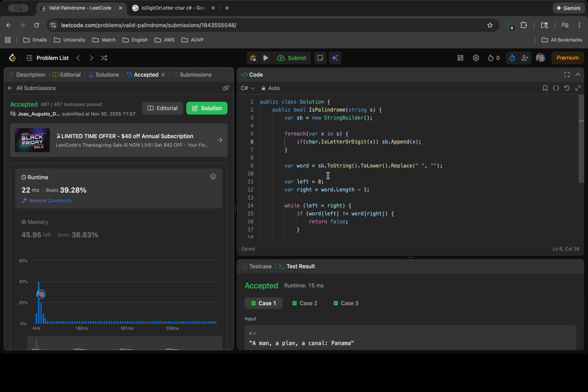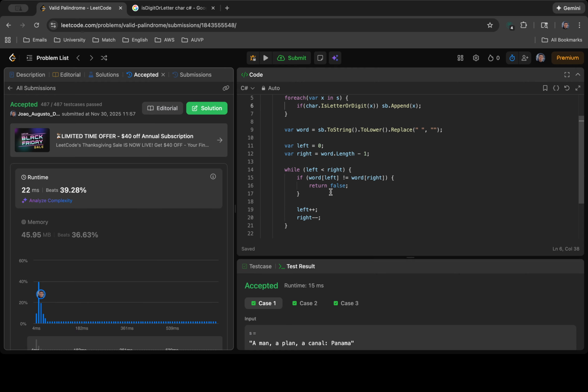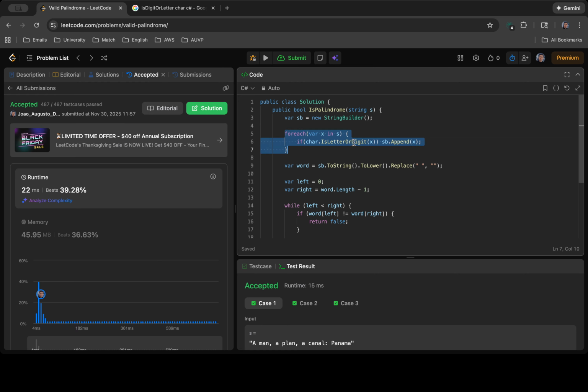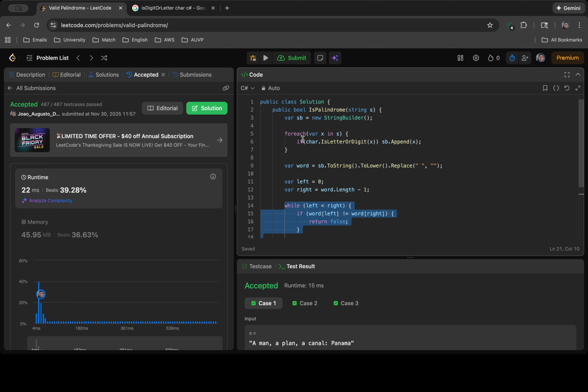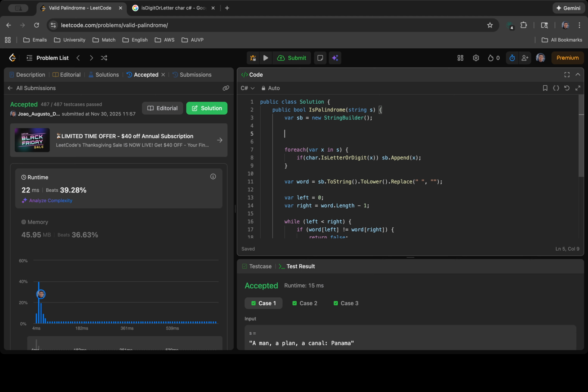So like the big O here is going to be O of n, right? Because I'm iterating through all elements in S, and I have a while here. So that's why it's going to be O of n, right? I'm using StringBuilder because the StringBuilder has a kind of buffer, and every time that I'm appending a value, I'm not creating a new string, because if I use, for example, concat or this operation here plus equal,